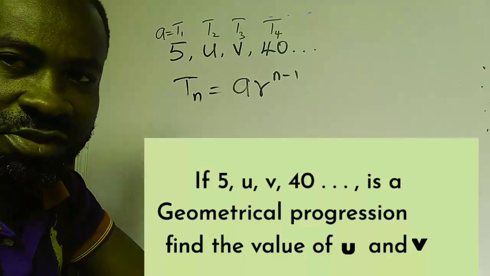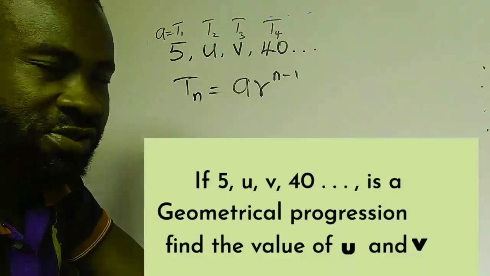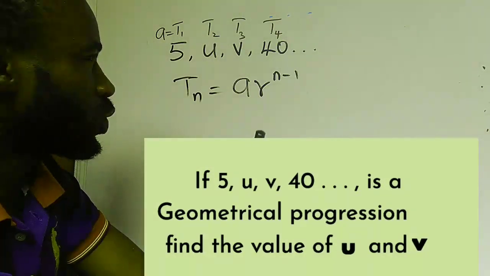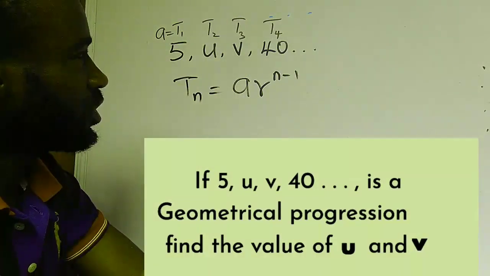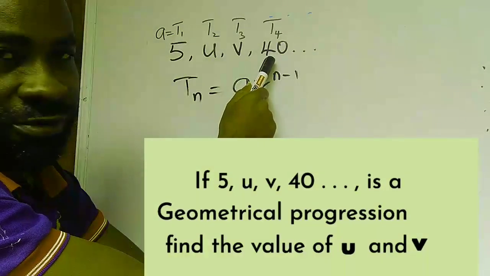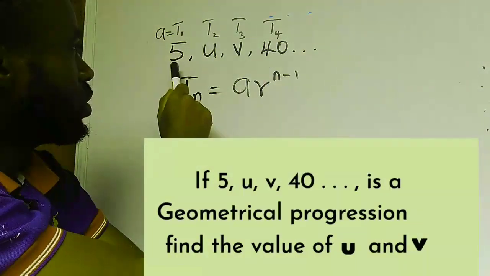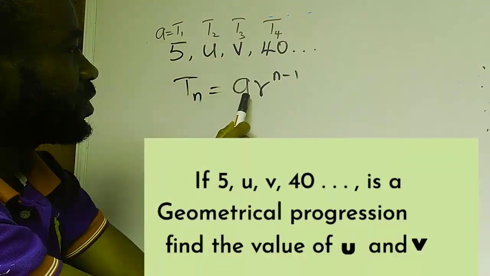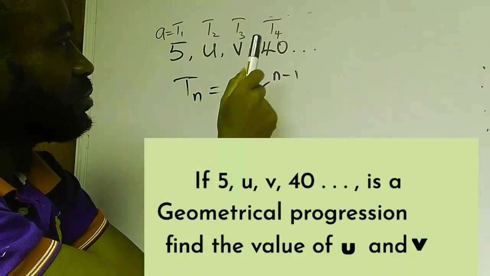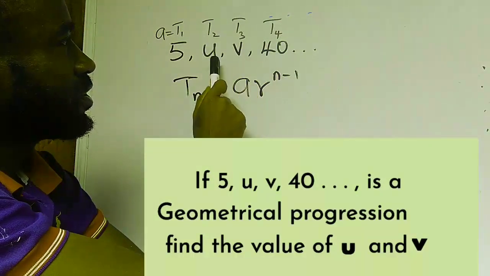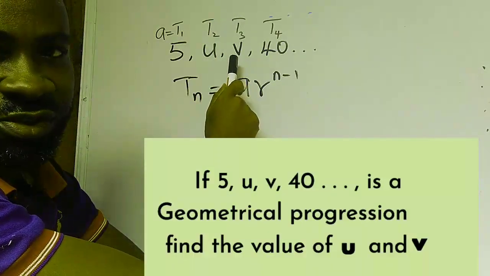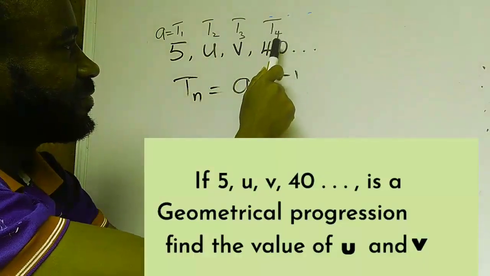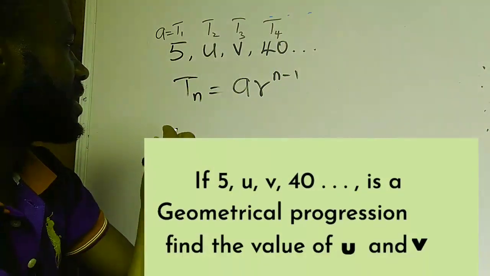Now if you look at this, the way we can solve this is that we are going to start from the known, because we have two unknowns here. So let's start with the known. The known here are the first term and the fourth term. We know that the first term is given to us, which is our A is 5, but we don't know what T2 is, the second term, and T3 is, which is the third term. We know that our T4 is 40, so we can start with that. T4,